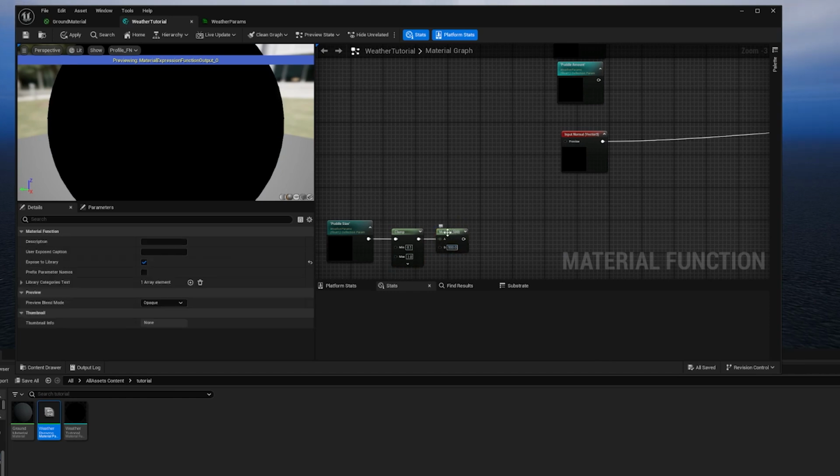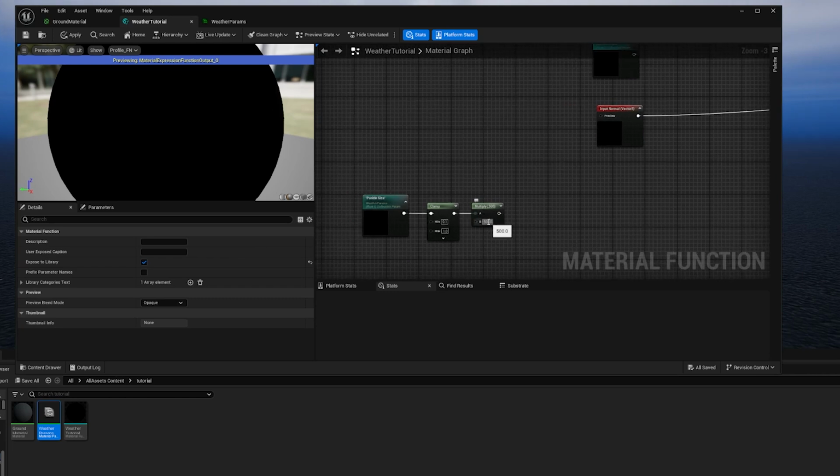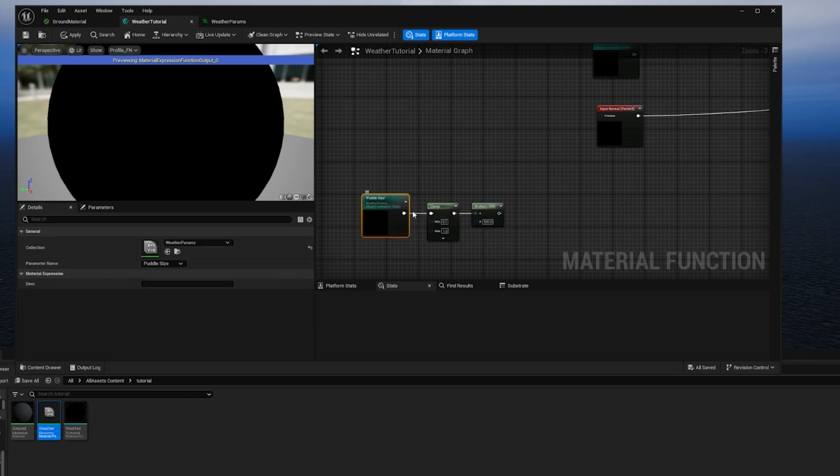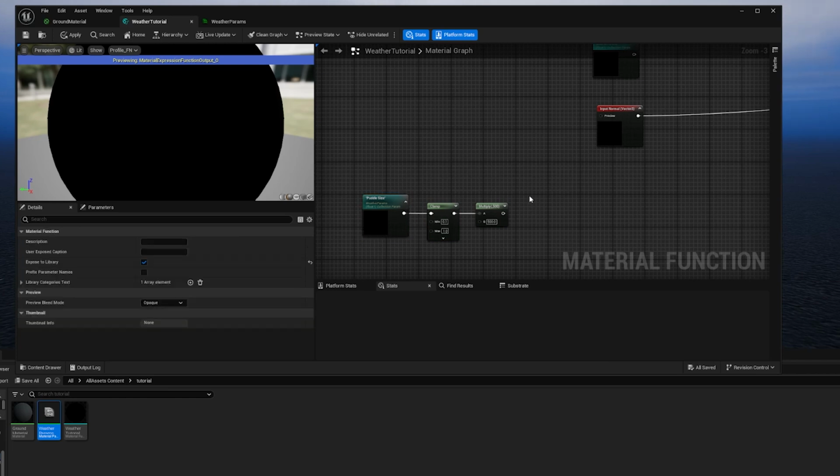Whenever I either multiply or divide these values by a big amount that isn't a parameter, I just put in a static value of 500. This is basically so that the material parameter collection, all the parameters can be between 0 and 1 always. So when I multiply by 500, the value that I actually want from the puddle size parameter ends up being 0.1 times 500 or between 1 and 500. But to make it easier for users, we're just going to have them make sure that all the parameters are just between 0 and 1 because that's easier for whoever's using it. Now we're going to divide